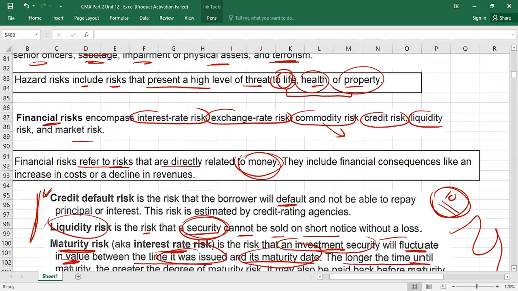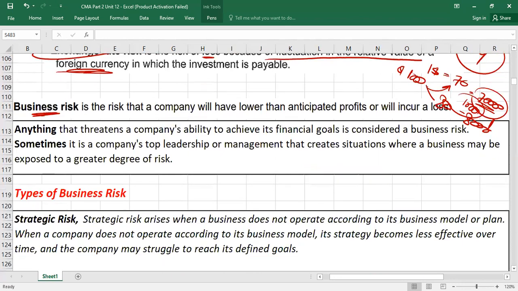But when it comes to operational risk, I'm explaining first of all business risk. This is the third risk I'm going to explain. First I explained hazards, then I told you financial risk, and business risk now. So what is business risk? Business risk is the risk that the company will have lower than anticipated profit, or the company may incur a